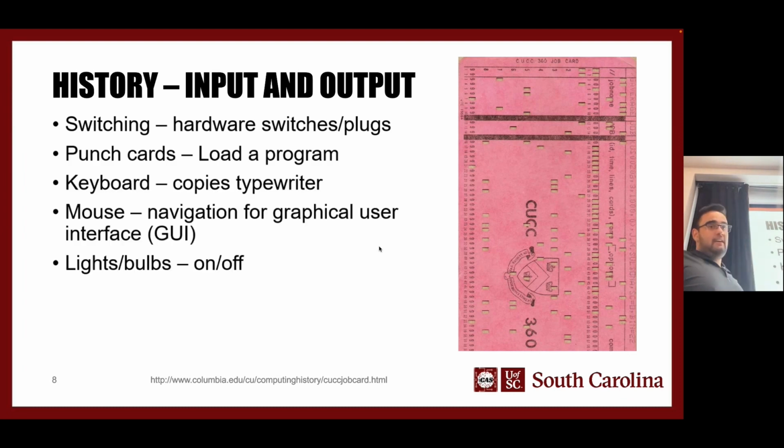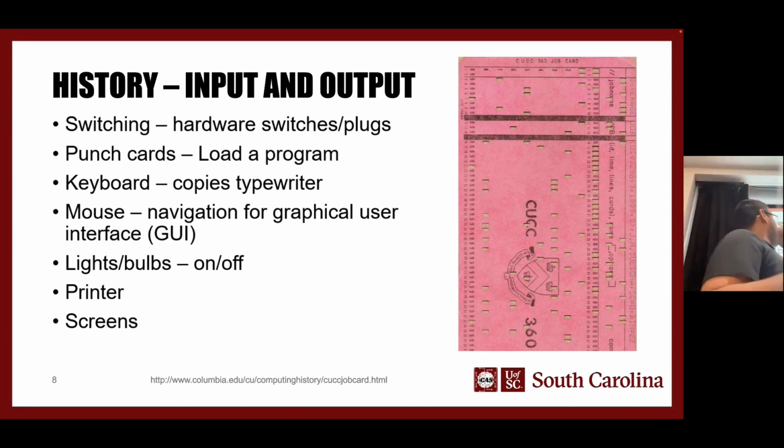All right, so history about input, output. We've always had input output, going from switches, like plugs and switches, like turning on and off manually, to punch cards. My mother was actually somebody that used punch cards. She told me good memories of her walking down the hallway in college with her punch card stack and falling and tripping, and then boom, all your punch cards are out of order. You have to sort through them again to get the program to work. So thankfully, we don't have to do that anymore. Keyboards, obviously, you know what those are. Mice, like there's a good history of different input and output.